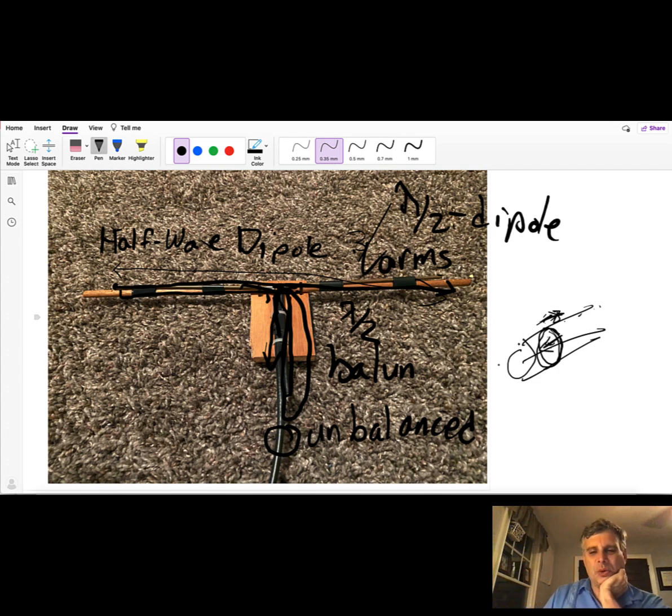Just equal in amplitude, opposite in magnitude. Now, what happens in some instances when you feed balanced antennas with unbalanced transmission lines is that you get excess current, an unbalanced current